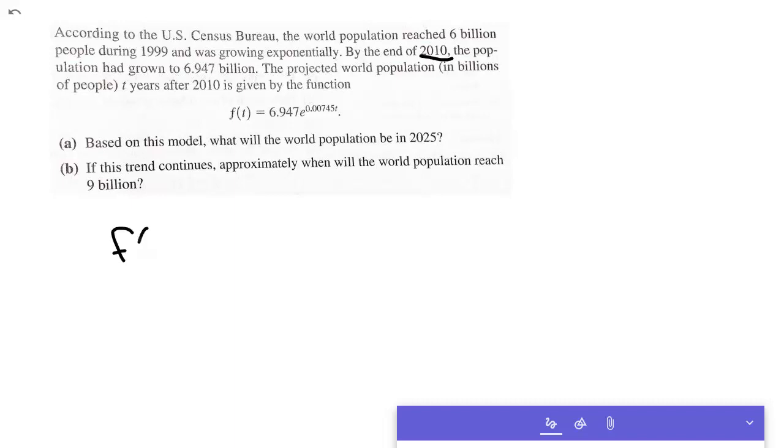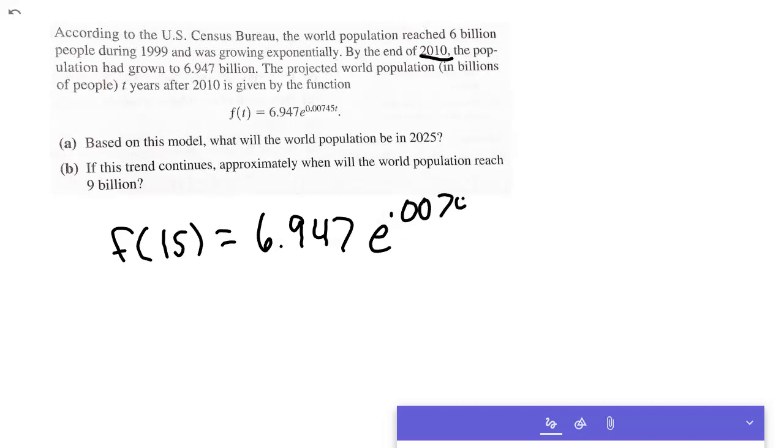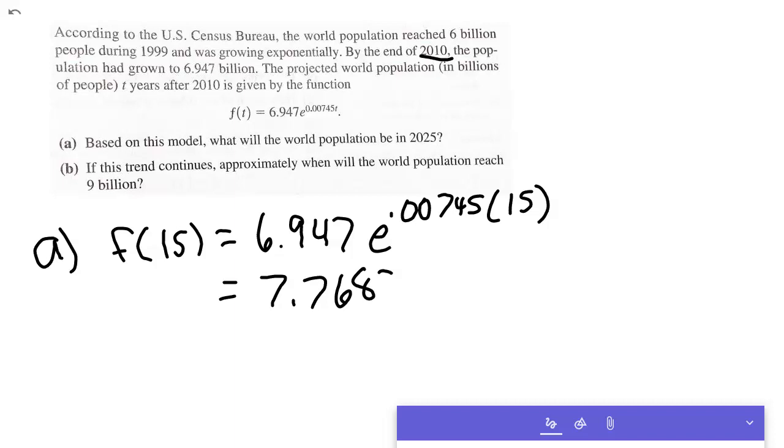So we know F at 15 would equal 6.947 e to the 0.00745 times 15. And so you can plug that in and just get the answer for part A. So that's A. And we'll go ahead and find that. So in 2025, we should expect 7.768 billion people,